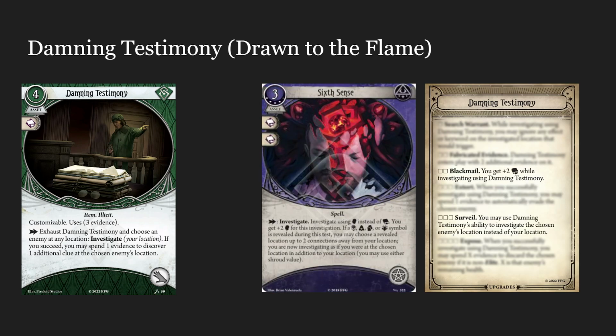Next up, we have Surveil. Surveil is a 3 XP upgrade. You may use Damning Testimony's ability to investigate the chosen enemy's location instead of your location. Again, without using additional evidence. This card just reads, while there's an enemy in play, exhaust it, you can now investigate that location instead of your own location. Combine that with Blackmail and you've got...